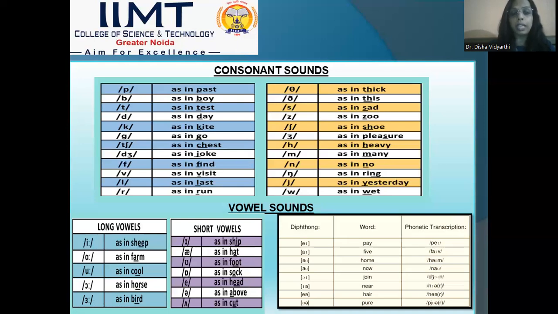It means it is a larger E, like in Hindi, we say E, E. In the same way, in the long vowels of the sound system, we have colons with those phonemes and sound symbols. Okay, now see the short vowels over here. The next one, "ship", like the small E. Then, as in "hat", the A sound, the symbol is like an A and E joined together. Then U, like in "foot", "sock", A sound, "head", E sound, "above", A sound.